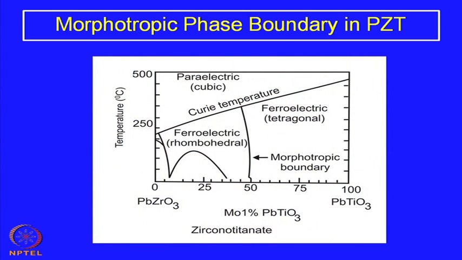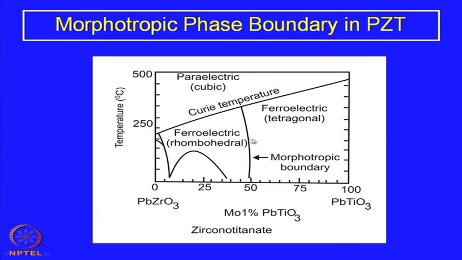We are looking at the phase diagram of two components, two perovskite compounds, that is lead zirconate and lead titanate. Both of them have the perovskite structure. So, they go into complete solid solubility, and you have